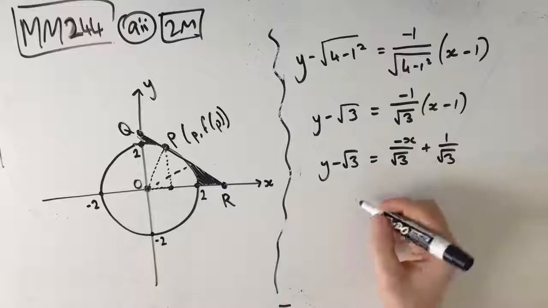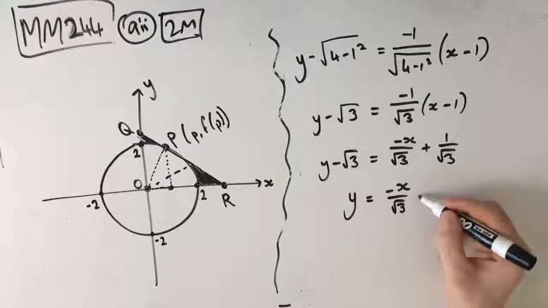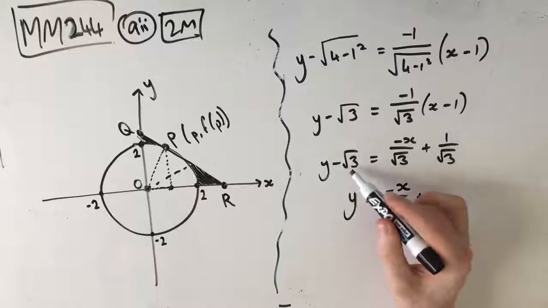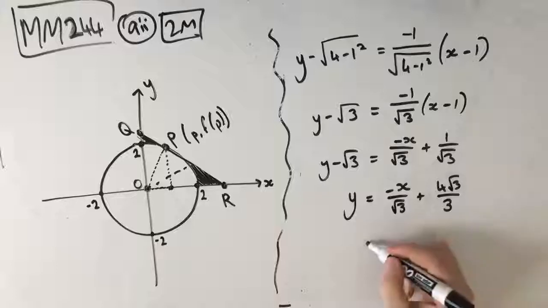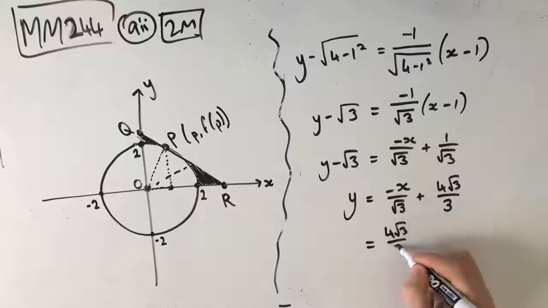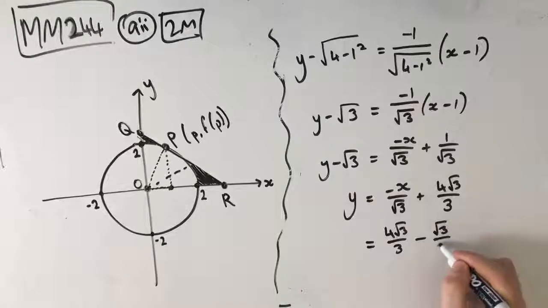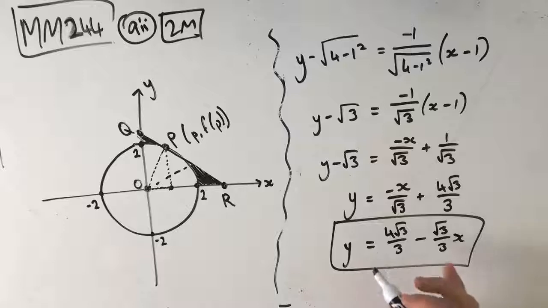And then, continuing along that vein, y is equal to negative x over root 3 plus 1 on root 3 plus root 3, which is 4 root 3 on 3. And we're actually going to rationalize this denominator as well, which means that we get 4 root 3 over 3 minus root 3 over 3x. Now this is our equation of QR